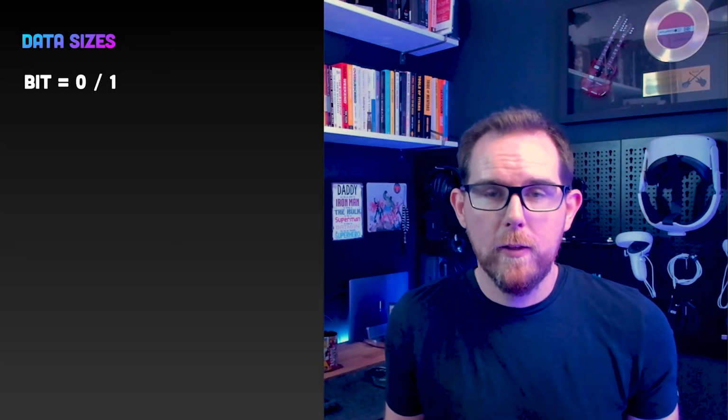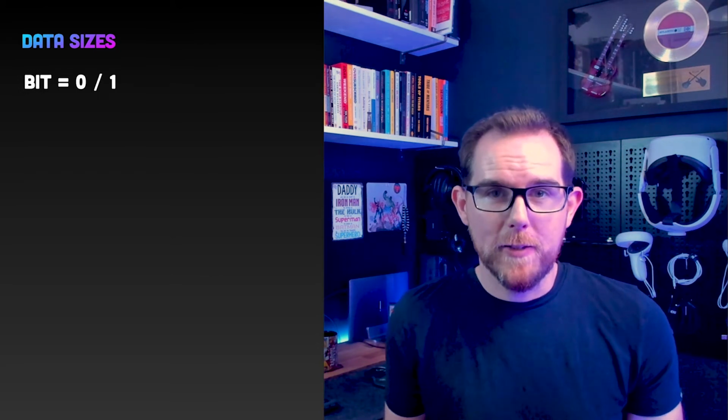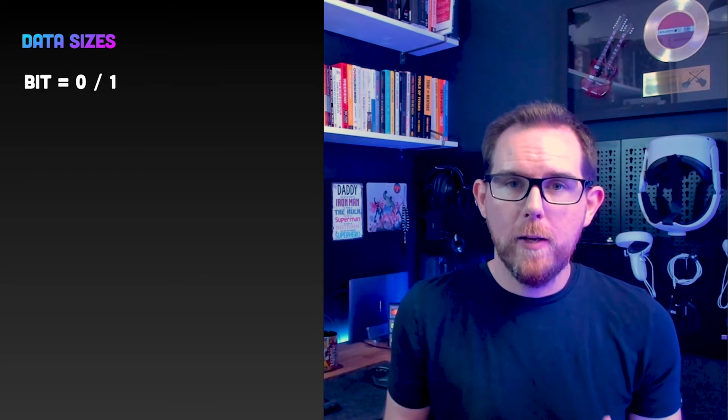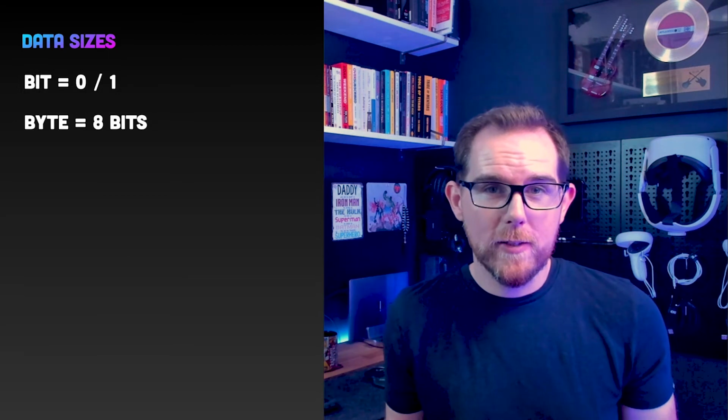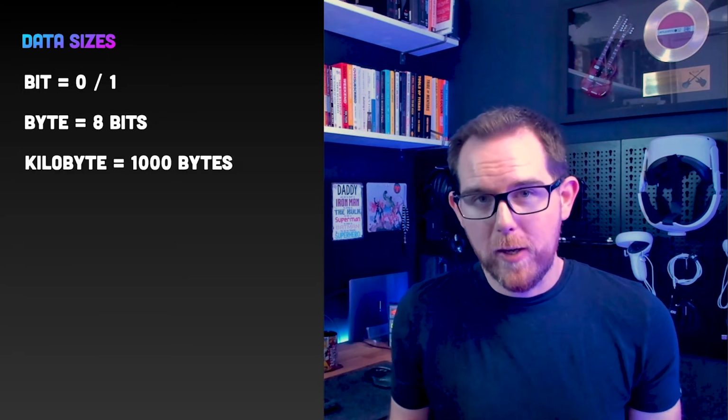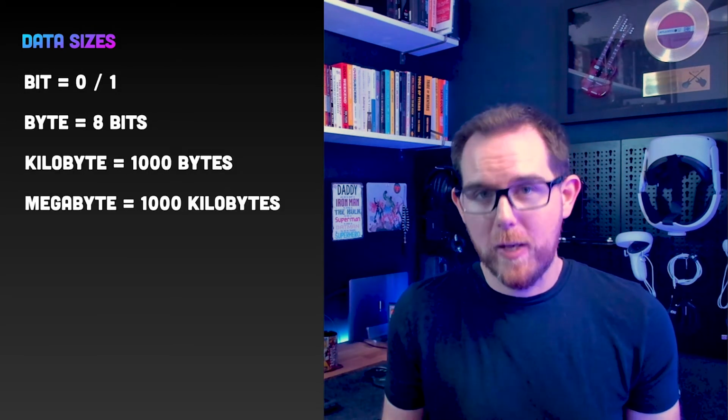Now, if we come back to our binary numbers, we know that computers store everything as binary. But how does that relate to the different sizes that we have on a computer? Each binary number can have 2 values, either 0 or 1. Now that in a computer is called a bit. So you might have heard of bits before. There are in fact 8 bits to a byte, and then there's 1,000 bytes to a kilobyte and 1,000 kilobytes to a megabyte. Now if you bring this back to programming, a byte is also a data type used in most languages.